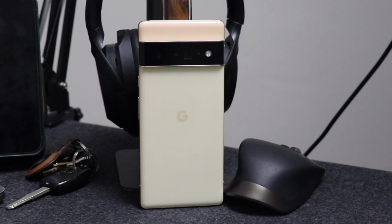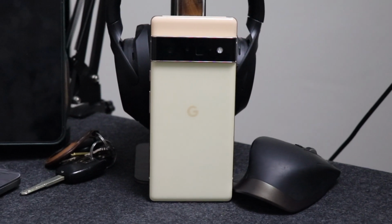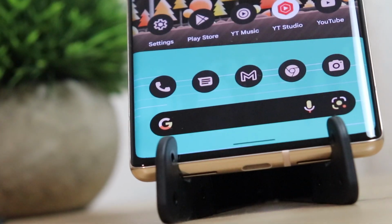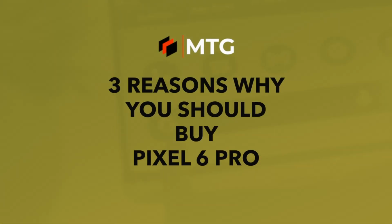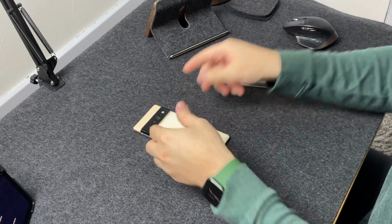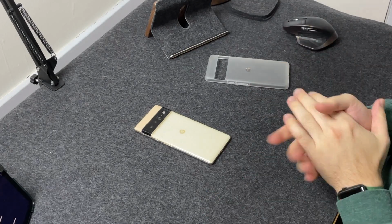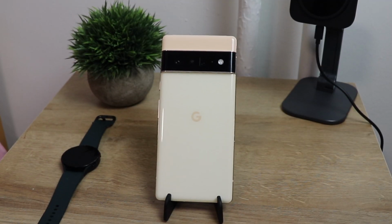Today I have the Google Pixel 6 Pro right here. And in today's episode, I want to talk about 3 reasons why you should go ahead and pick up this device. And I'm so happy to finally share my thoughts and opinions about this device. There's going to be so much more content coming on the channel about the Google Pixel 6 Pro as well